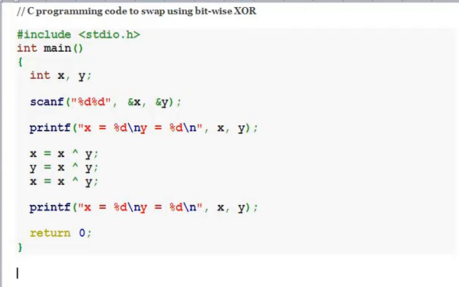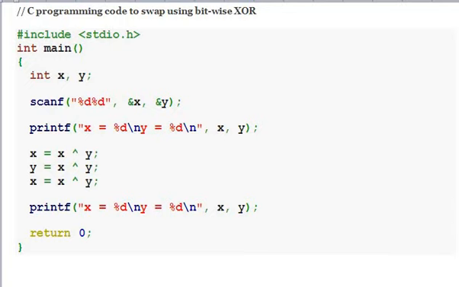The program to swap using bitwise XOR, exclusive OR. So those who are having any problem with bitwise operators, you can refer the video on bitwise operators. You can find the video of bitwise operators and go through all the bitwise operators and come back and work with this program. So no confusion regarding the double slash.